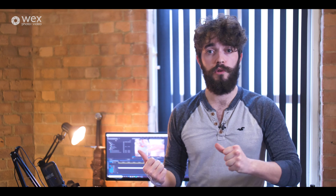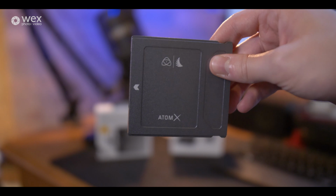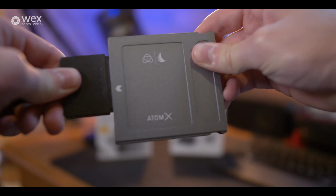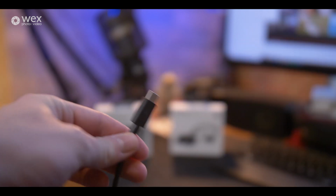And once you've recorded something, it's time to get it into your computer or onto a hard drive. I would then recommend that you use Angelbird's Type-C to SATA adapter. It plugs straight into the SSD card and then the USB-C connection straight into your computer. Bibbidi-bobbidi-boo, there you go. Now, when you're ready to start editing, you can bring it into either DaVinci Resolve or